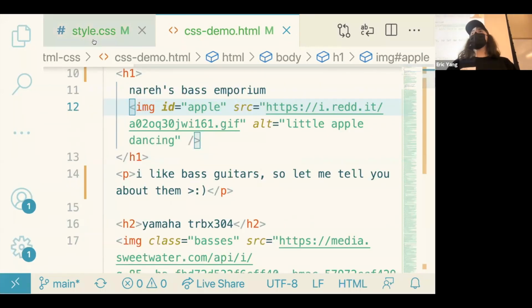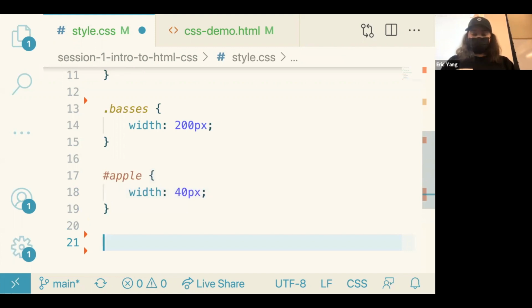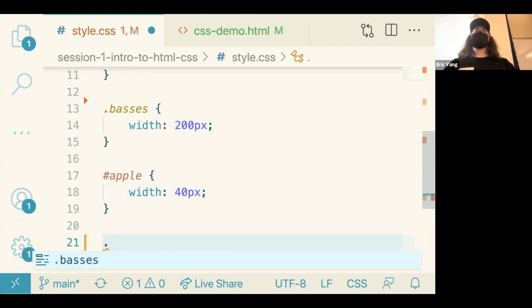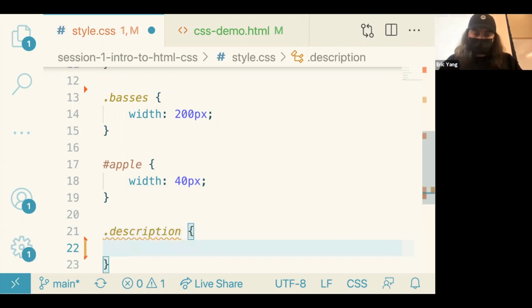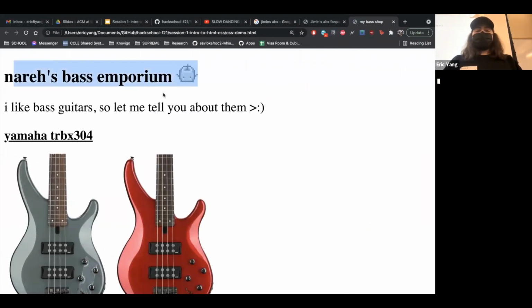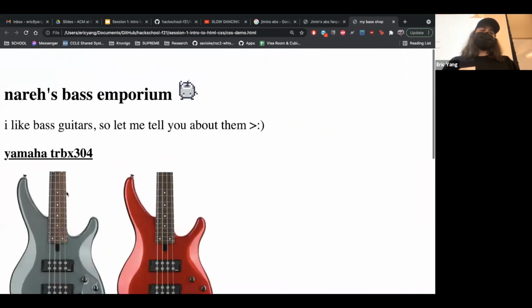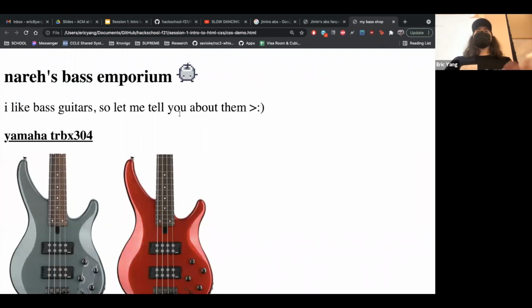Okay, so we're just going to do one more thing for this example. Let's try changing some text because I've only been changing images so far. So let's try changing the description, which is going to be the title and that paragraph there. Actually, let me go back to show you before I continue. I have this H1 here and I have this paragraph here, but I don't really want to change the other paragraphs down here. I just want to change this one specifically,